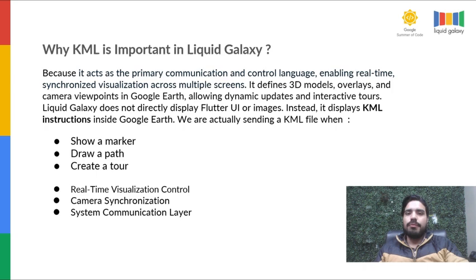So why is KML important in Liquid Galaxy? Because it acts as a primary communication and control language. It enables real-time synchronized visualization across multiple screens. It defines 3D models, overlays, and camera viewpoints in Google Earth. Means, as I told you, Liquid Galaxy consists of multiple screens. With the help of KML, we can enable real-time communication. We can enable synchronized visualization across all the screens. Like I take an example of